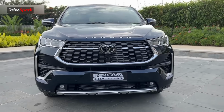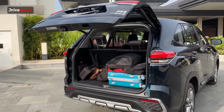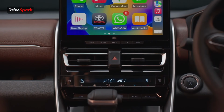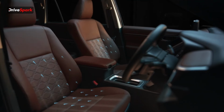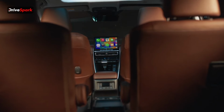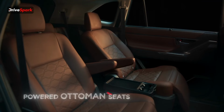Now boot space is around 300 liters, with the third row up. If you fold the third row, you will have much more space. On the inside, obviously you get your touch screen, a digital cluster, ventilated seats, a height adjustable driver seat, and air quality control. So a lot of features on the interior as well. Ventilated seats, cruise control, second row captain seats with tumble. You have ottoman seats as well that actually recline back, and you can have a very nice time within